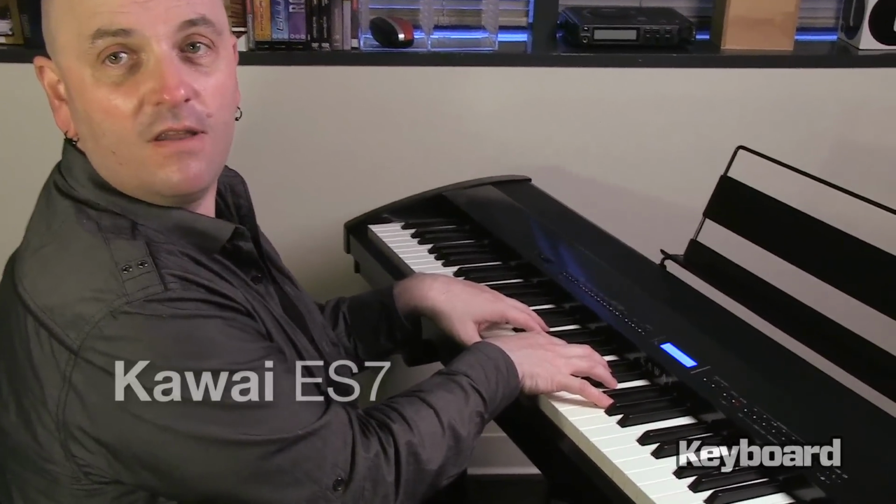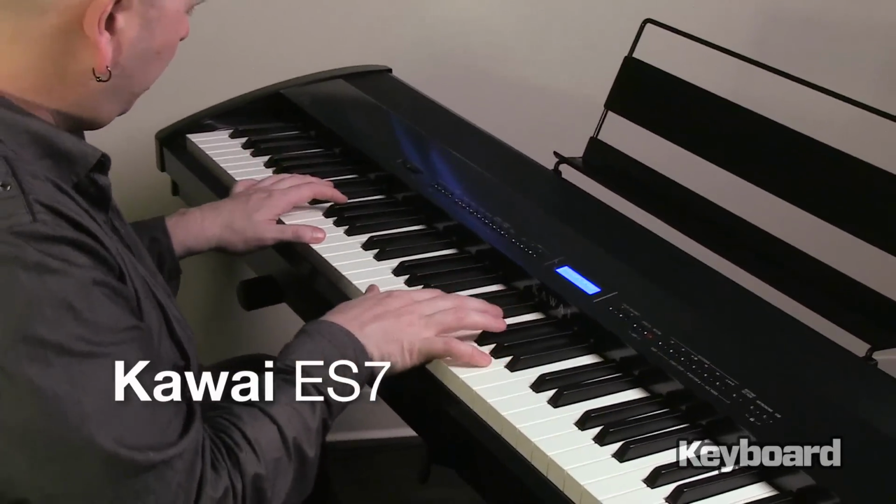Hey, Steve Fortner, editor of Keyboard Magazine, here with a first look at a piano you can read more about in our August 2013 roundup of digital pianos for home and stage. This is the Kawai ES7, and it really...